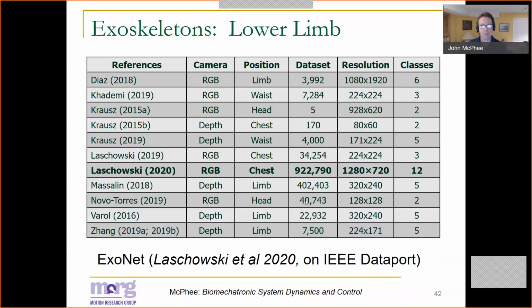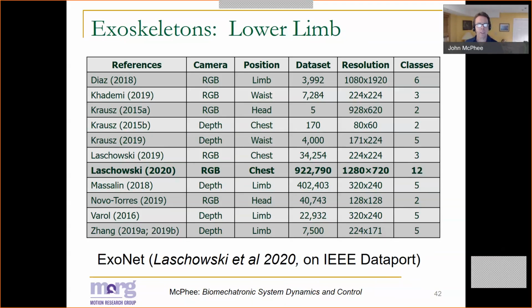Since then, we've increased our data collection from 34,000 images to over 900,000 annotated high-resolution RGB images, now classified into 12 different classes, not just 3. This is available publicly on IEEE Dataport, and the idea of making this available to all researchers is that now we can compare our algorithms on a common data set, as opposed to trying to draw conclusions about different algorithms that have all been trained on different data sets. So this allows us to compare apples to apples, if you will, instead of apples to oranges.